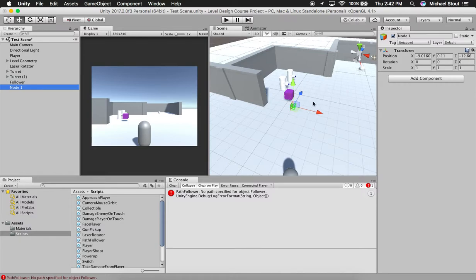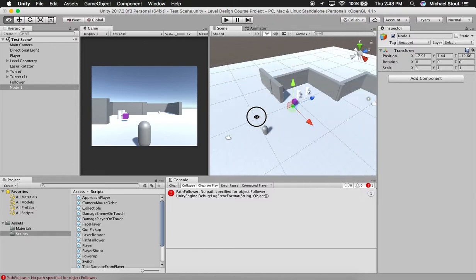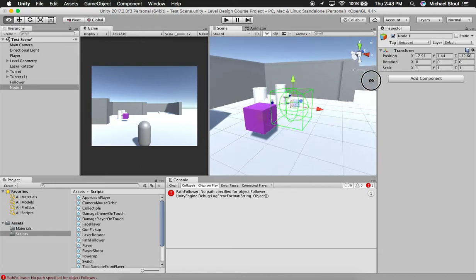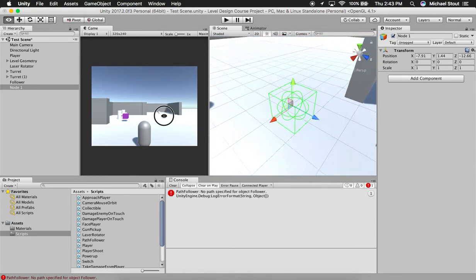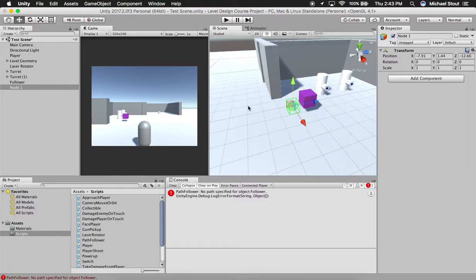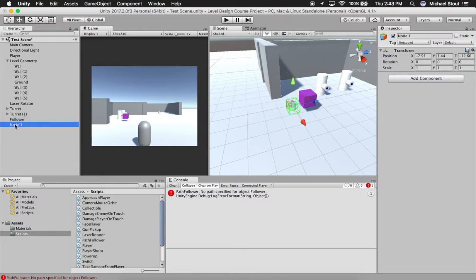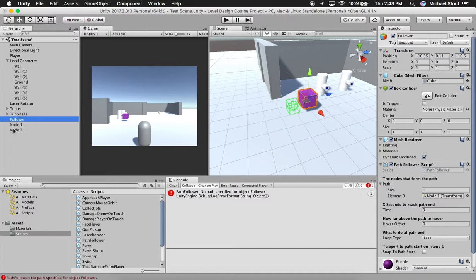So we're going to take node 1 and we're going to drag it, let's say to there. And you'll notice that there's this little wireframe sphere with a cube on it that's been drawn. And you'll see what that's for in a second. But that's so you can see it even though it's an empty object. So any node that you add into this list will get a little visualization like that. So we'll take node 1, we'll duplicate it, and we'll call it node 2. And we'll also drag that into the list. So you click follower and drag node 2 onto the word path,